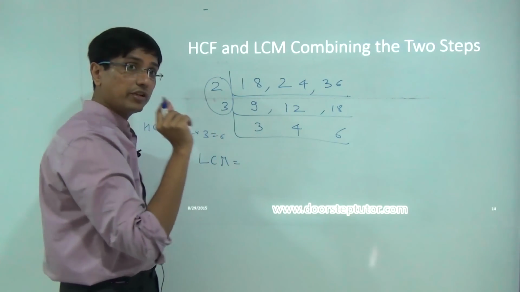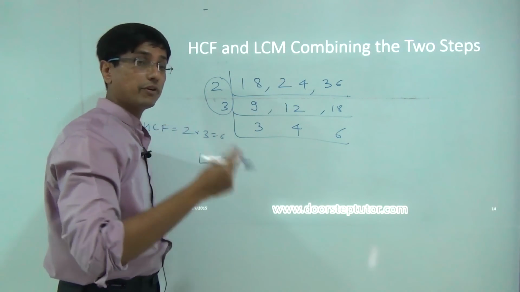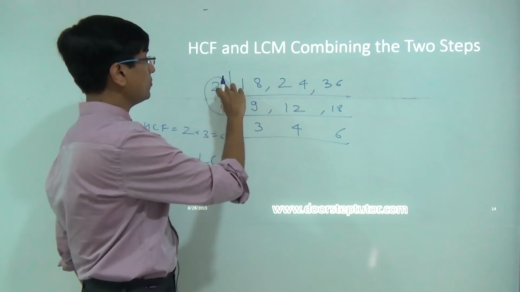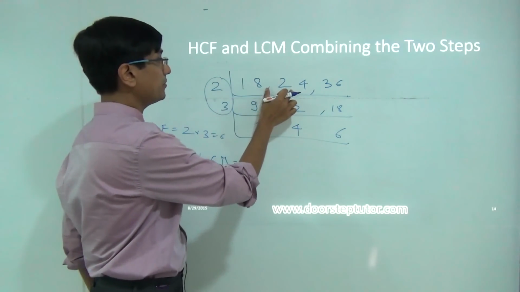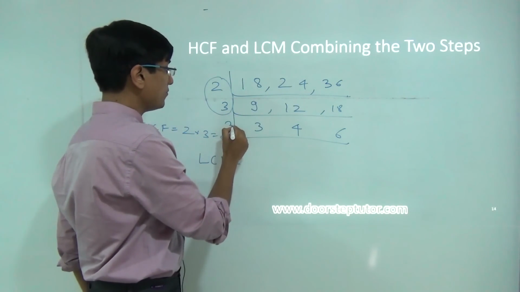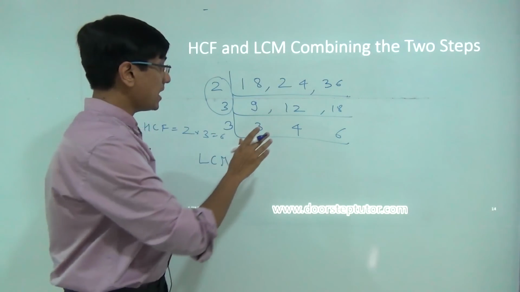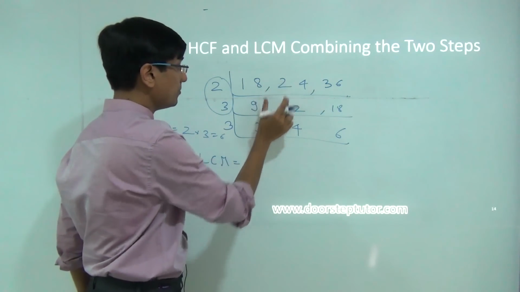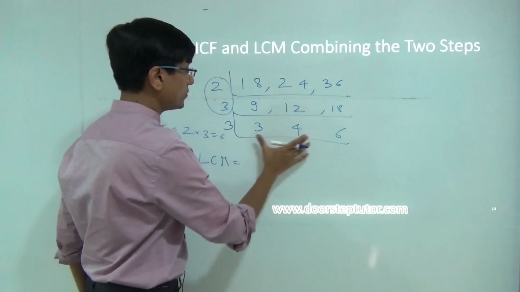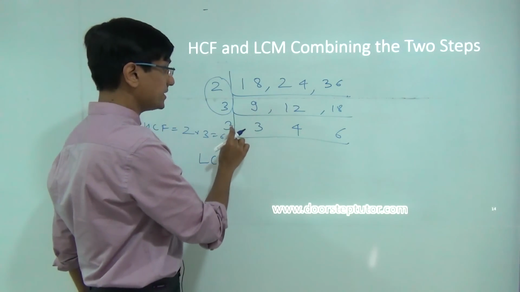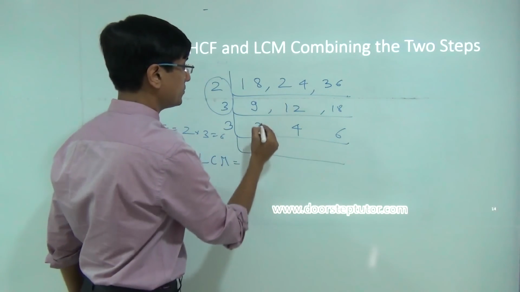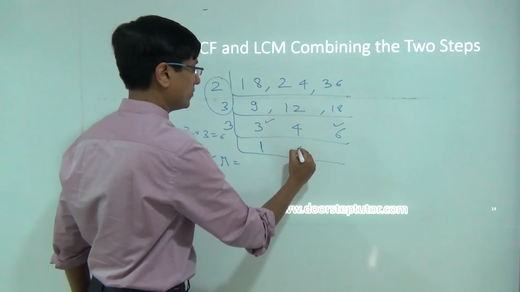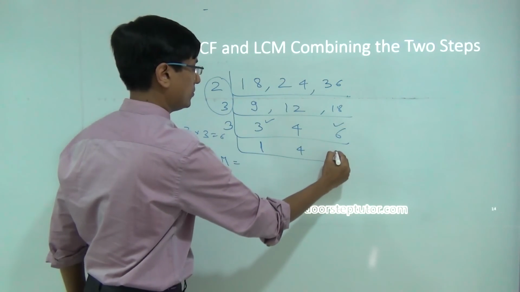But in case of three numbers, I have to go down further. I have to do some more work. Not only do I have to find the common factors between these three numbers, I have to find the LCM. I have to find the common factors between, for example, these two numbers, or these two numbers. So in this case, there are still common factors between this and this. 3 is a common factor, 3 into this into 2.